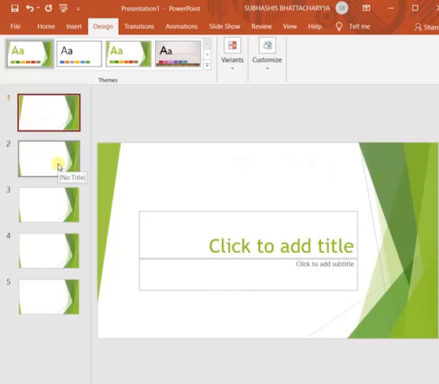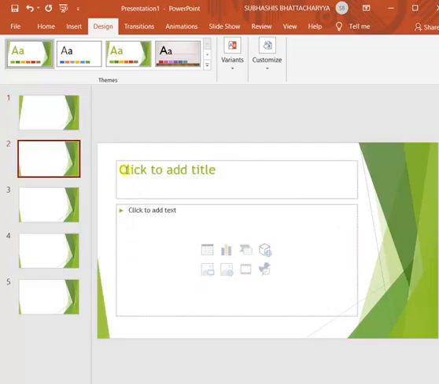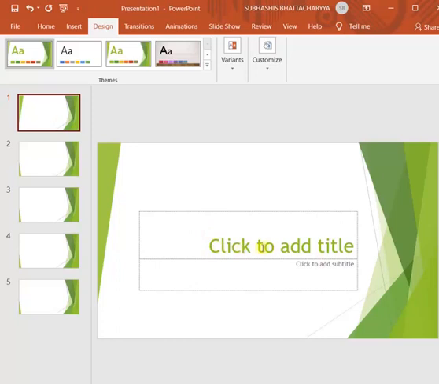So 2, 3, 4 and 5 follow the theme of slide number 1, but as it is a cover slide, there are just a few differences regarding the heading style, because here you see the heading font size is somewhat bigger, but on the other slides the headings are much smaller than on the cover slide. So this is the little bit of difference. Other than that, the theme is the same. The theme that I have applied from here is applied to all the slides.